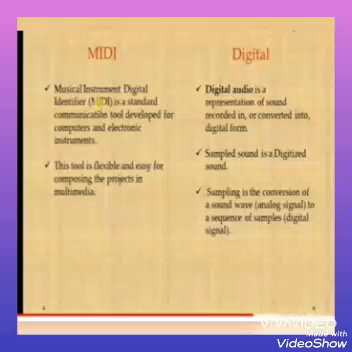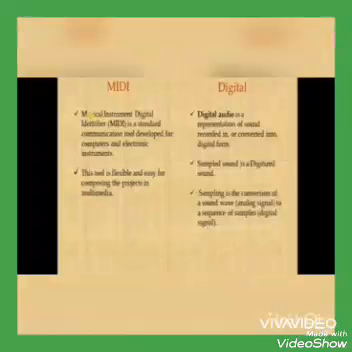Digital audio. Digital audio is just a representation of sound recorded in or converted into digital form. Sampling is the conversion of a sound wave, analog signal, to a sequence of samples, digital signal, which means sampling is the conversion of a sound wave from analog signal to digital signal. Here, the digital audio means the sound is converted into digital form. Digital form is nothing but